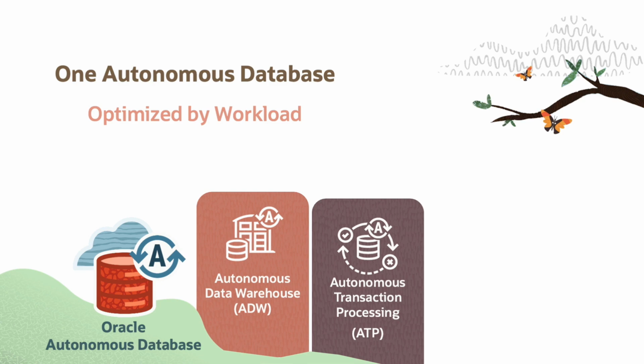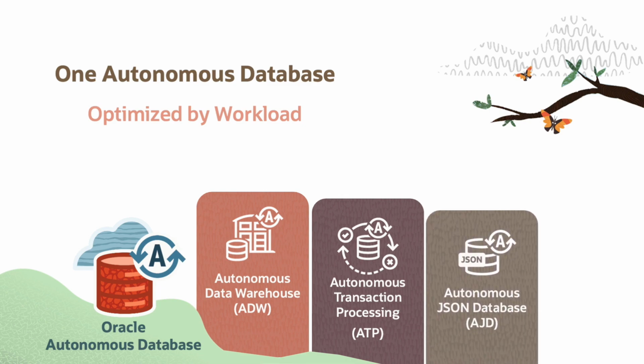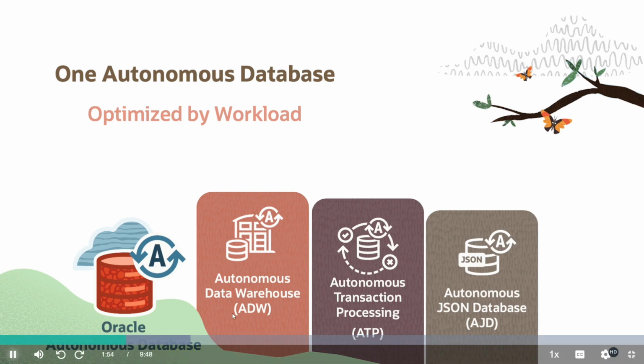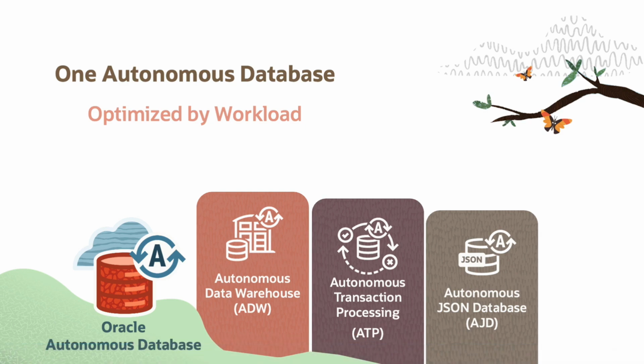The next two workload types supported by Autonomous Database are focused on the developer community. The third supported workload type is Autonomous JSON Database or AJD and is designed for developing JSON-centric applications. Autonomous JSON Database natively stores your JSON documents and you can use NoSQL style APIs to store and retrieve JSON data and build applications that use JSON documents collection. You can also store data other than the JSON collection with a limit of 20 GB. Autonomous JSON Database is based on Autonomous Transaction Processing Database. Hence, when there is a need to store more data than the 20 GB limit, you can promote your Autonomous